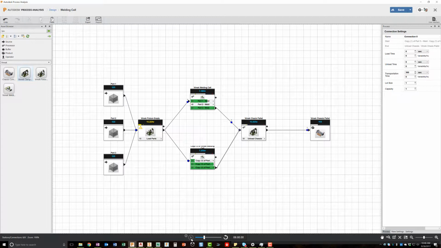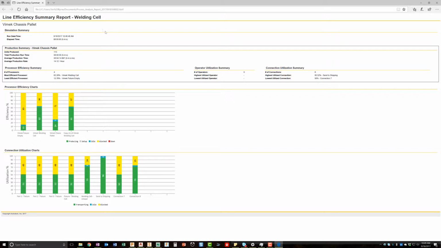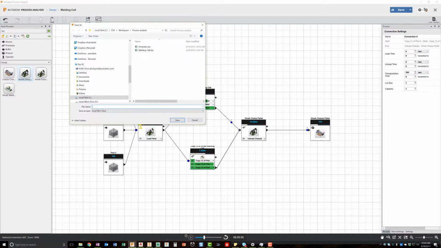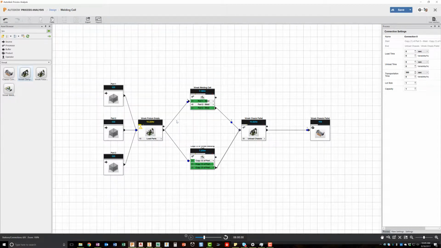Now we have 113, which is great. Then we can also look at a report to analyze the efficiency of the equipment in the process. Find out if anything in the system is over or underutilized. Now that we are happy with the process concept, we can export it directly to a DWG and utilize it in AutoCAD. And this is possible because each of the blocks in the diagram have assets connected to them from